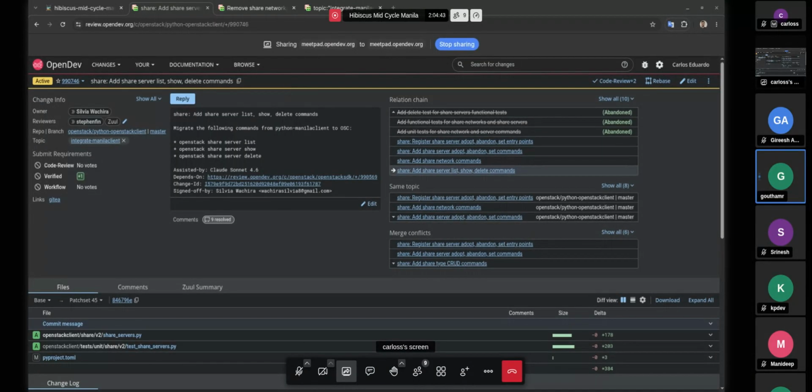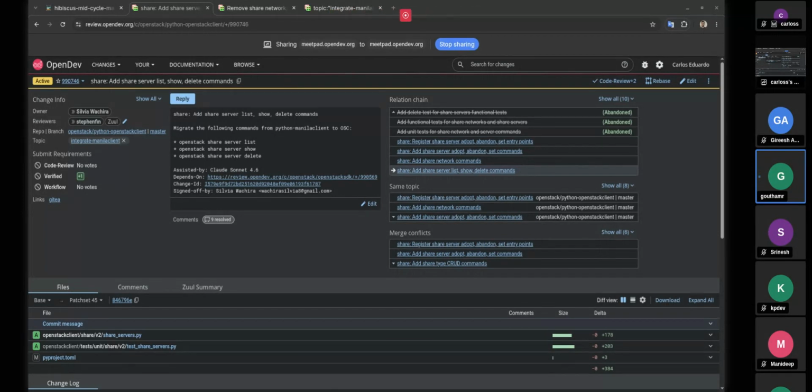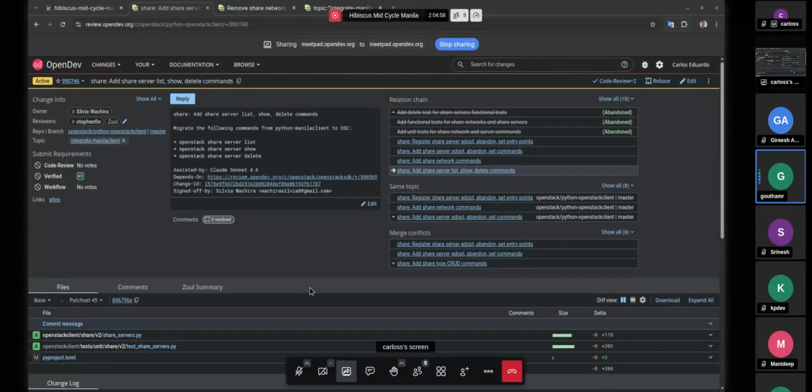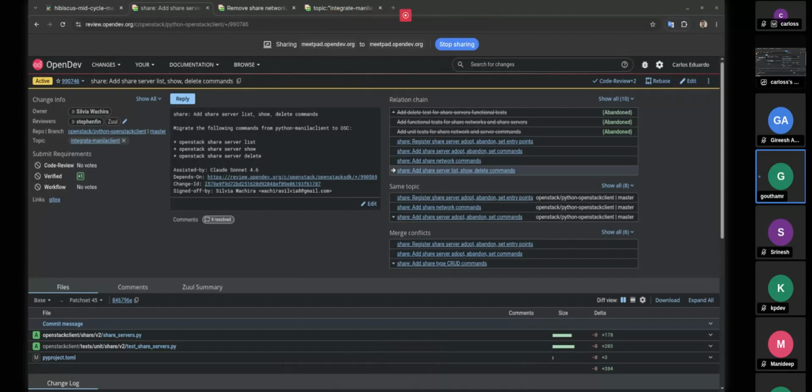So eventually you'll not be able to add code inside Python Manila client. But even if you do today, we'll probably have to have some sort of a flag day to say beyond this we're not going to add anything else to these files because they have officially finished moving. So there are two ways to do this: deleting the code itself, making it impossible to add new code. So that's one signal. The other is logging something.